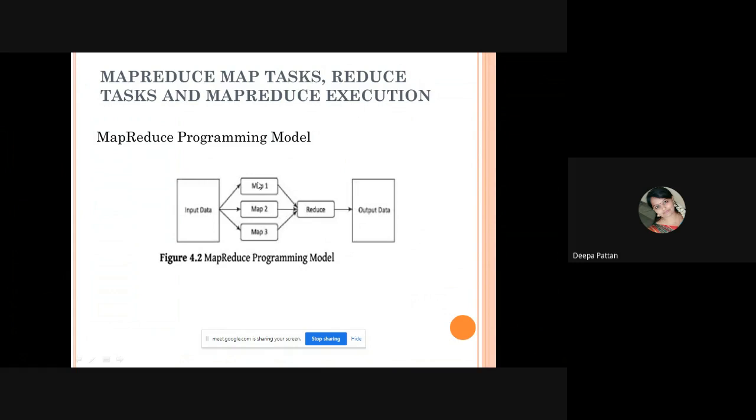The cluster of information provides a collection of many nodes. This is our single programming model in our MapReduce. Like this, we will have different data nodes available in the cluster,